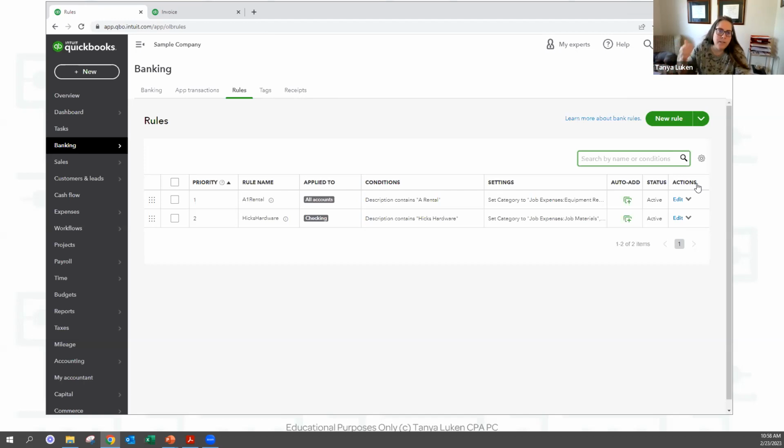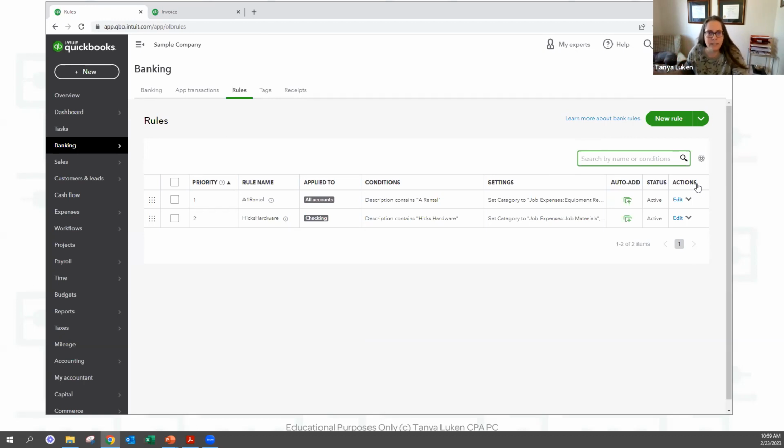But what happened is her recurring transaction was entering it for $59.99, but she also had a bank rule. So what QuickBooks was doing is it ended up, her rate changed and it went to like $63. So the rule was still applying. So she would get her $63 entered from the bank rule, but she had a recurring transaction for $59.99.